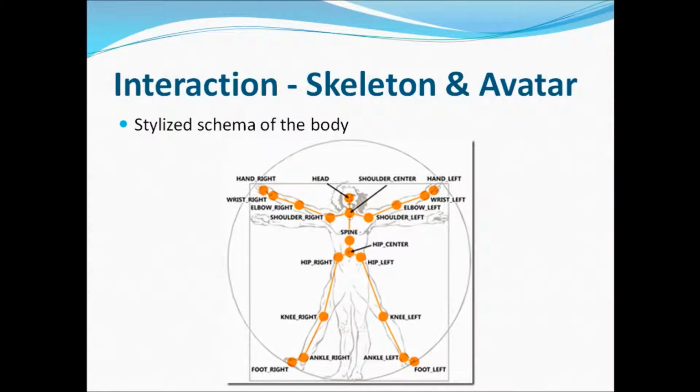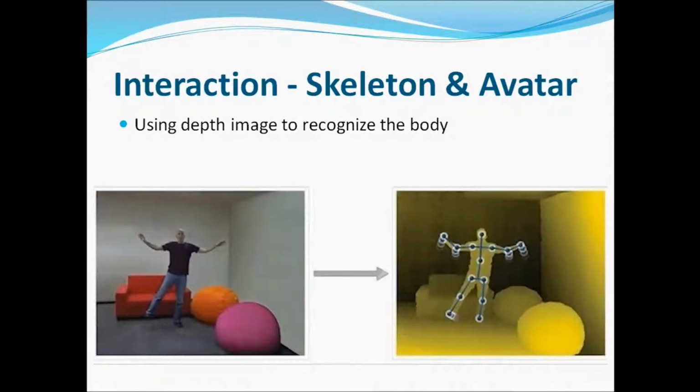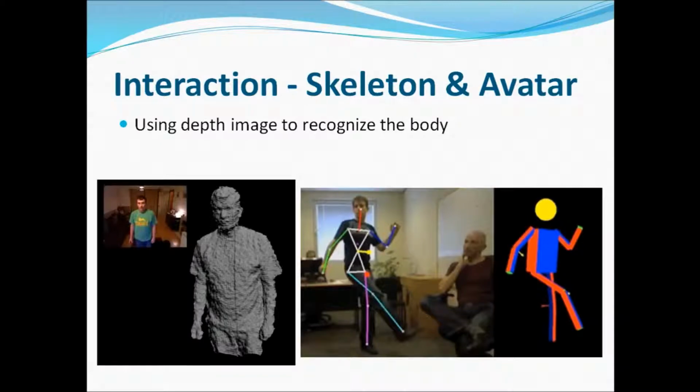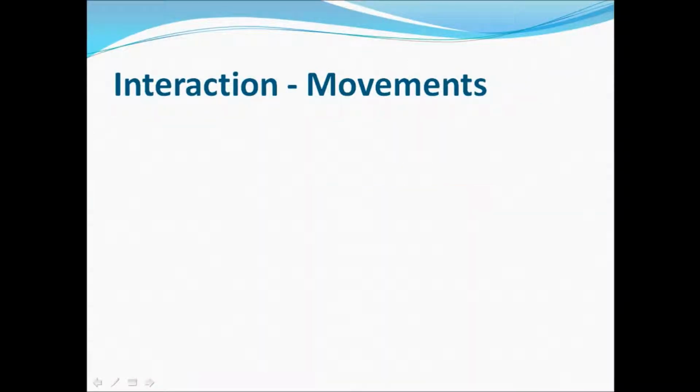To be precise, Kinect detects and tracks 46 key points, including facial details. Analyzing the depth image, it computes the distance between the various parts of the body marked with the key points, and reconstructs the player structure following a basic schema. In practice, the result is the creation of an avatar, a digital mannequin that reproduces the position and then also the movements of our body. This avatar can take the form of anything we need, in a way it will be a transposition of ourselves on the screen.